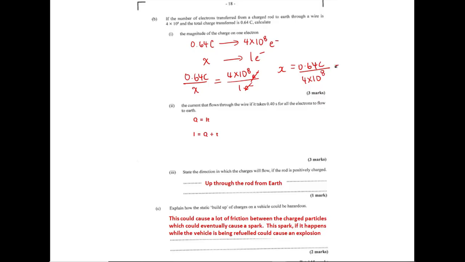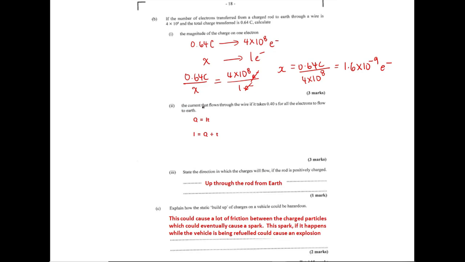Yeah, and then you should get 0.64 divided by open brackets 4 times 10 to the 8, 1.6 times 10 to the negative 9. Yeah, 1.6 times 10 to the negative 9 electrons. Then it says